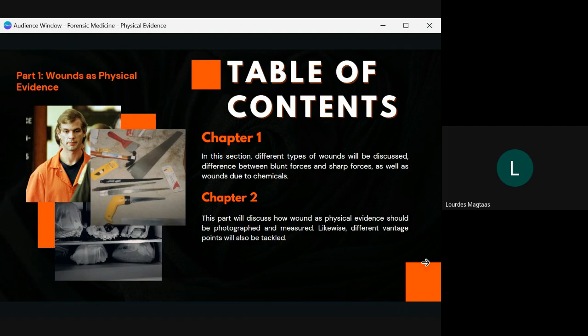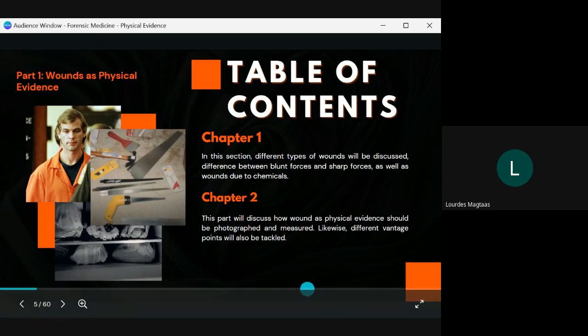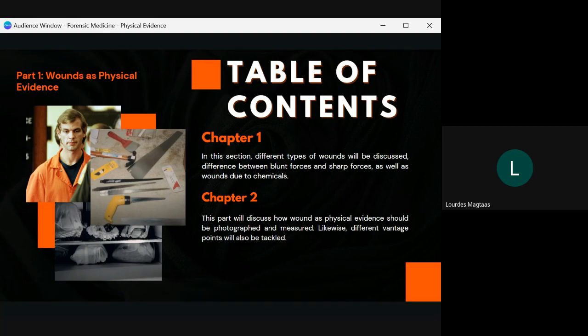However, in this report, we would only be focusing on the forensic medicine aspect of physical evidence, which is the type of wounds and body fluids, as well as DNA analysis. With that said, our report will be divided into two parts. For the first part, we would be discussing wounds as physical evidence. This includes different types of wounds, the difference between blunt forces and sharp forces, as well as wounds due to the chemicals. This also includes how wound as physical evidence should be photographed and measured, wherein different vantage points will